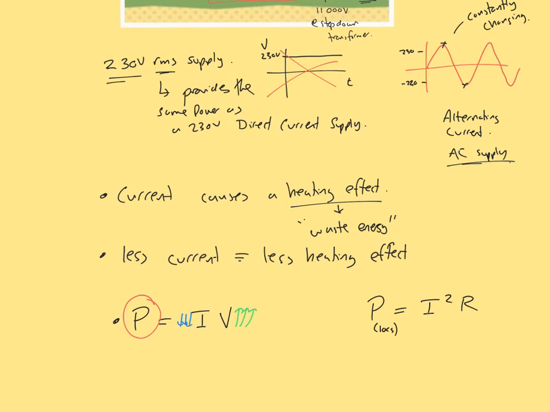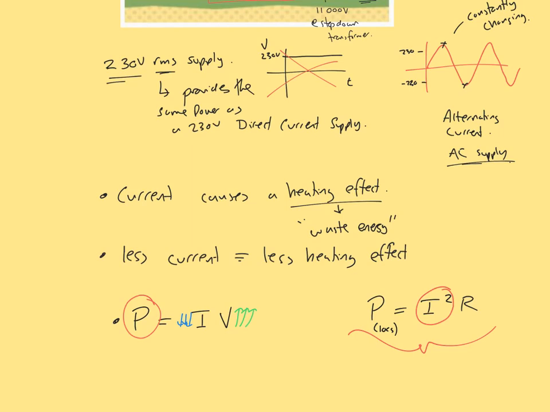And as you can see, because the current is squared, a larger current gives you a larger power loss or heating effect. Whereas if you reduce the current, because it's squared, it has a bigger reducing effect. So this is a little extra thing where, because of this I squared R link,